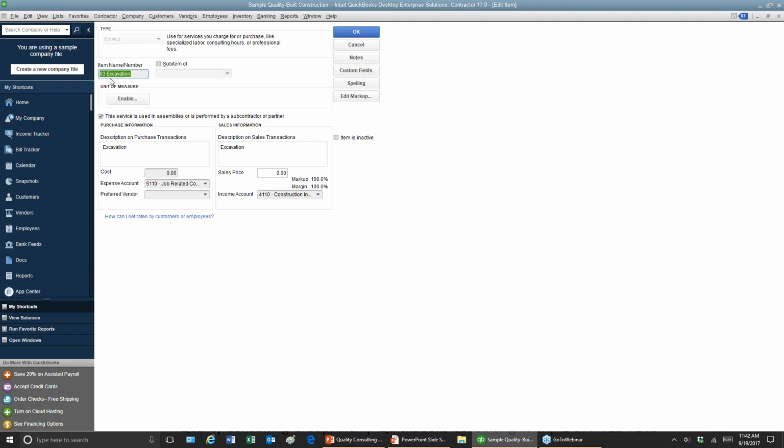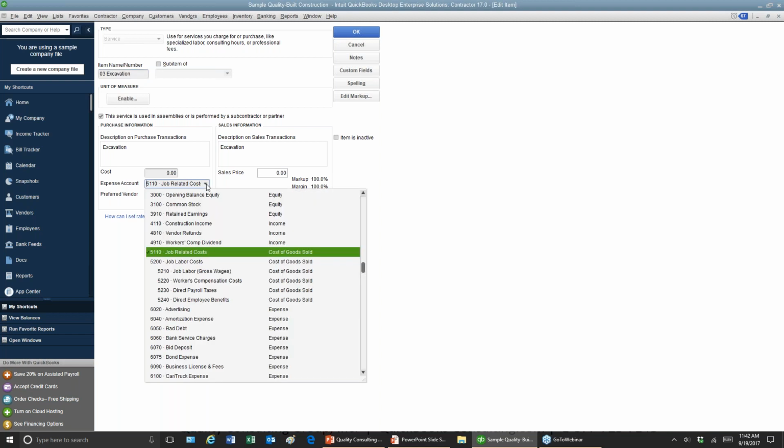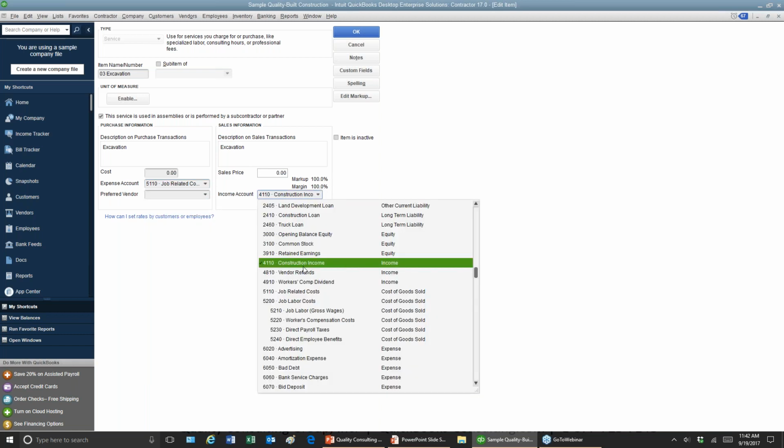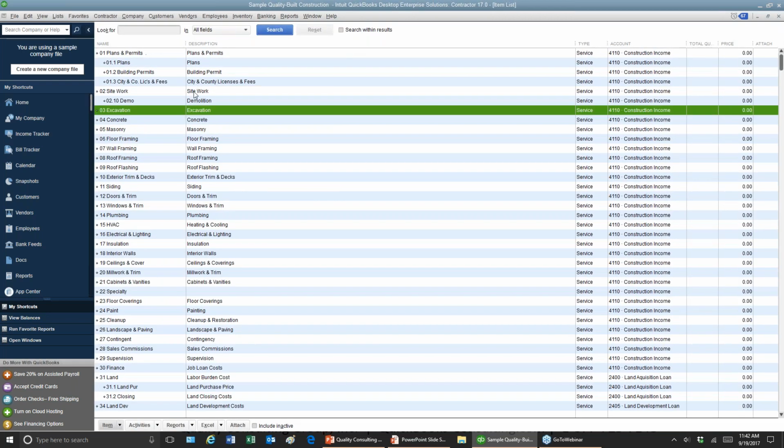So having said that, you would use the items in the expenses as well, because you're already using the item to invoice your customer. So having it as a double-sided item, you would assign it to the cost or an expense account, depends on what the item is, versus the sales and information would go on the revenue side. So when you create an invoice or a sales receipt, it will flow through to the revenue. So that's using the item.